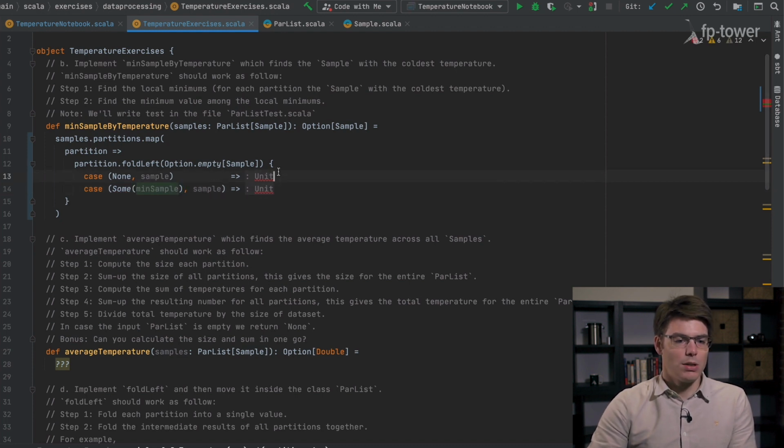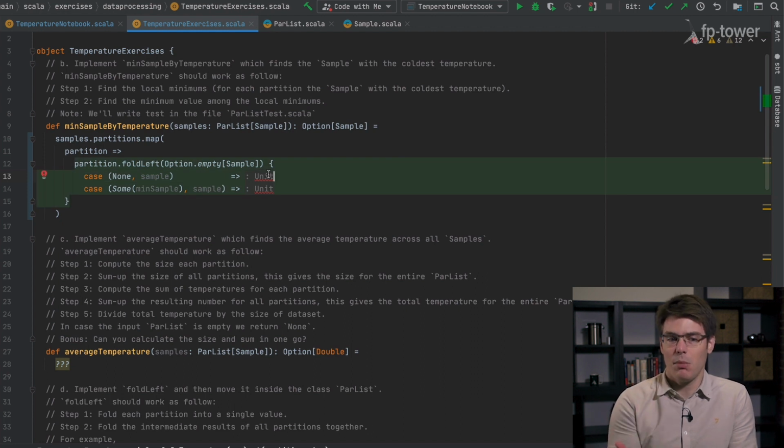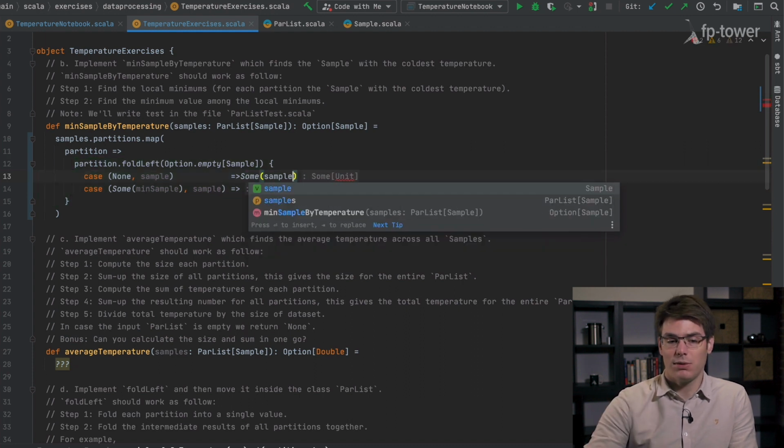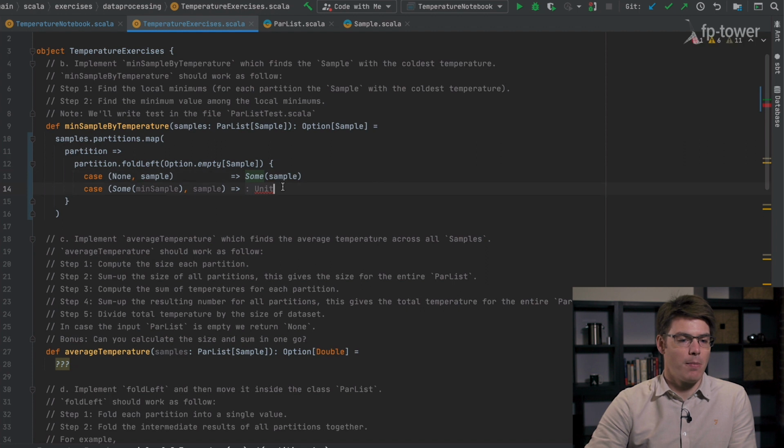Cool. So in the case where there is no minimum value yet, and we process a sample, it means that the sample we are processing is going to become the new smallest sample. This should only happen for the first item we process.